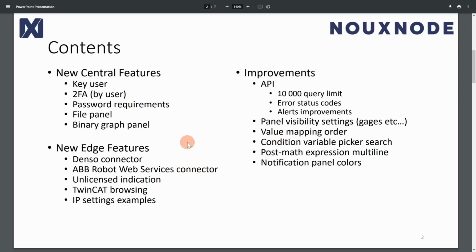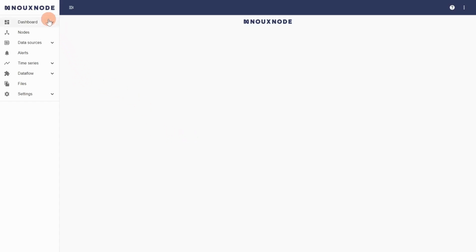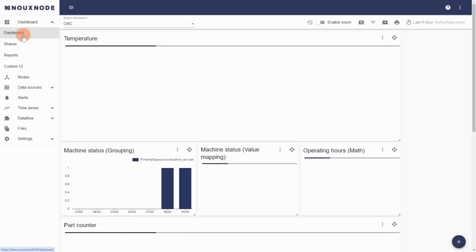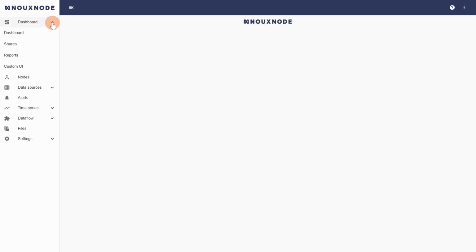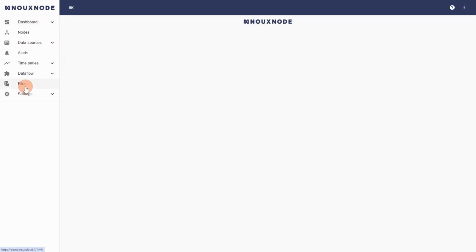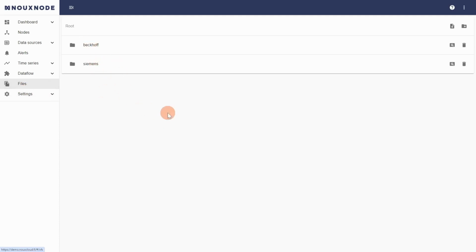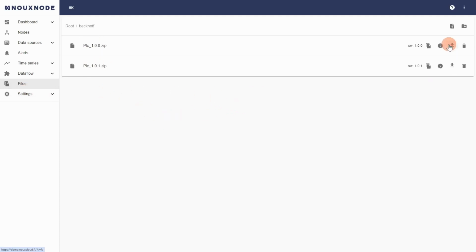Then we have some new panels here. So let's first take this file panel. I will go now to the dashboards, and let's create, or actually, files. As you perhaps remember, we have this files menu here available, and here you can see different kind of folders, and I have programs per this technology now saved here, and